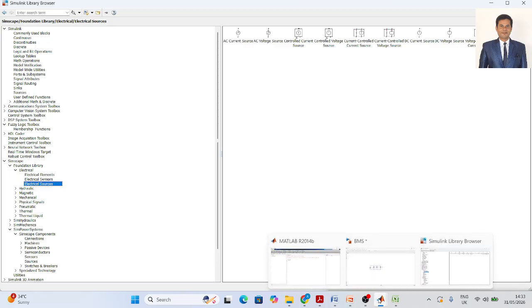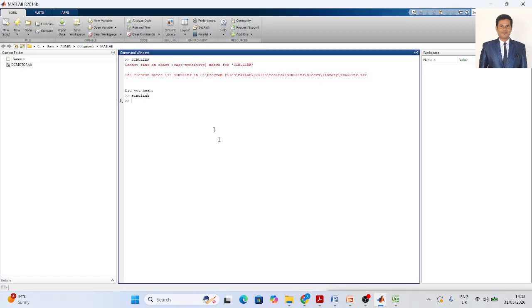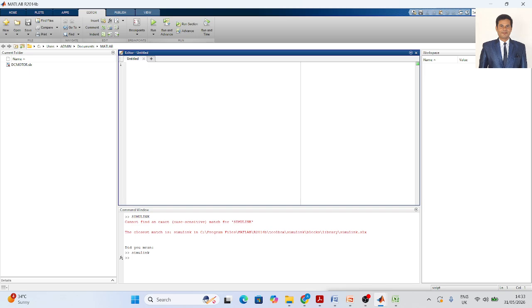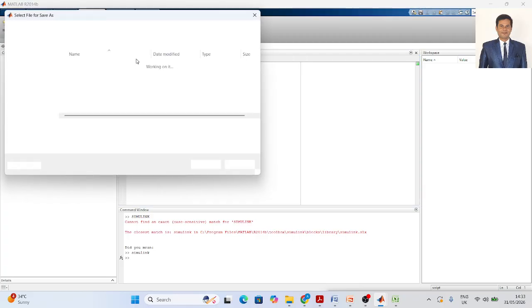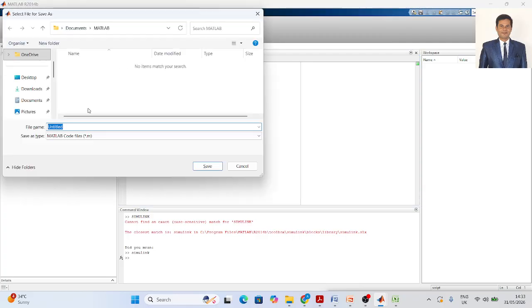If you want to do it by coding, please go and write a script. Go to the script and save the script. We are developing a model, like solar programs, which means we develop a model.